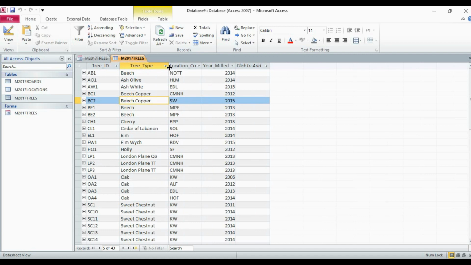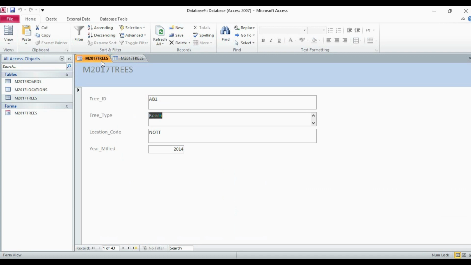But if we see SC1 sweet chestnut and SC10 sweet chestnut, there are multiple types. So now if I go to form view, and I want to see what different tree IDs are available, I cannot move to the other tree IDs. Yes, we have to open the datasheet view and then we can check.